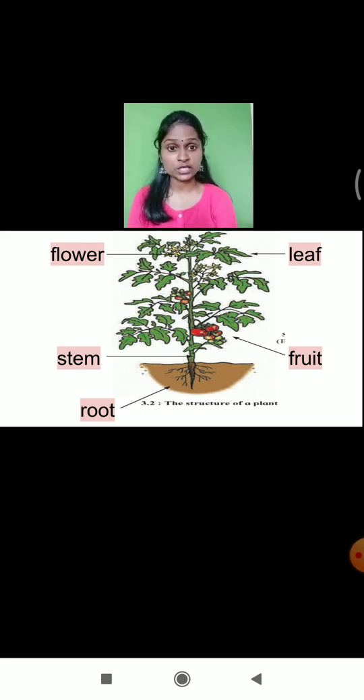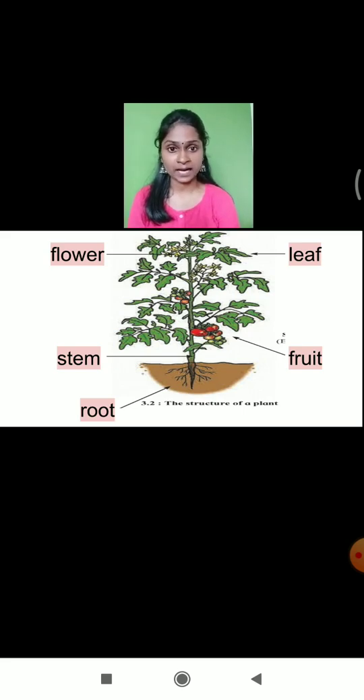And the function of each and every part we had learnt in detail already. Let's revise once again very quickly. As you know, roots help the plant to absorb the water and minerals from the soil. Then stem provides the protection to the plant. It acts as a backbone of the plant. After that, fruit. Okay, fruit stores the food material which is prepared by the leaves.